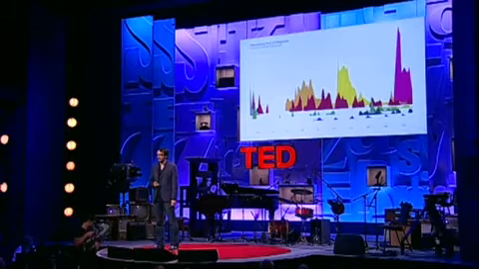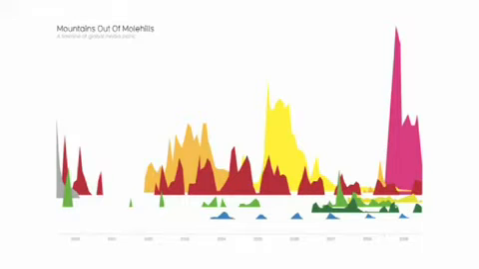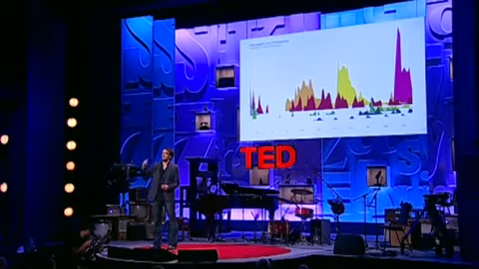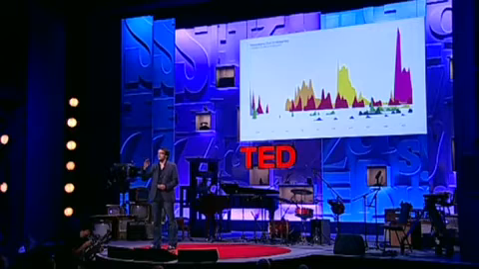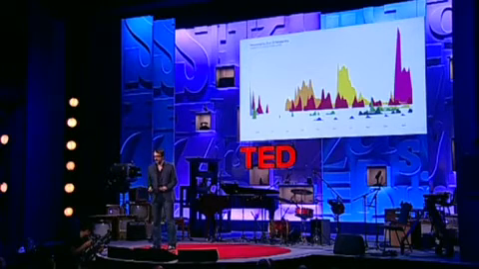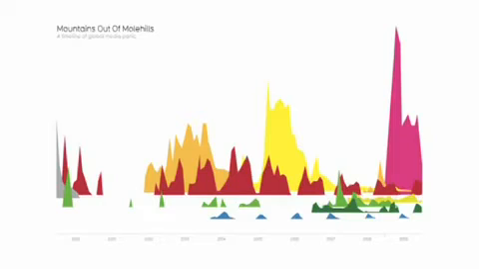Let's take a look. This is mountains out of molehills, a timeline of global media panic. So I'll label this for you in a second. But the height here, I want to point out, is the intensity of certain fears as reported in the media. Let me point them out. So this, swine flu, pink. Bird flu. SARS, brownish here.